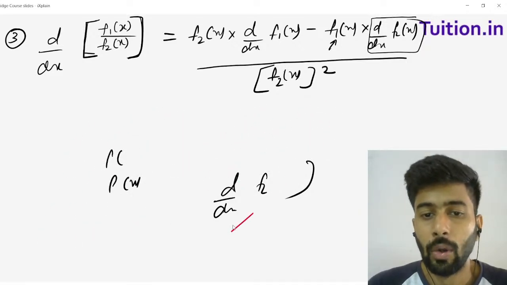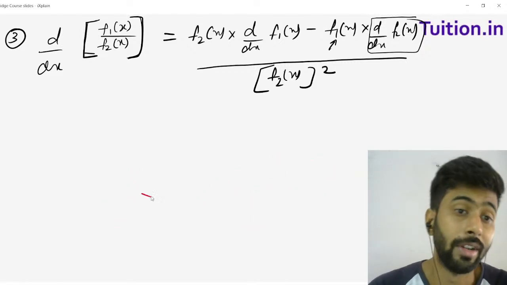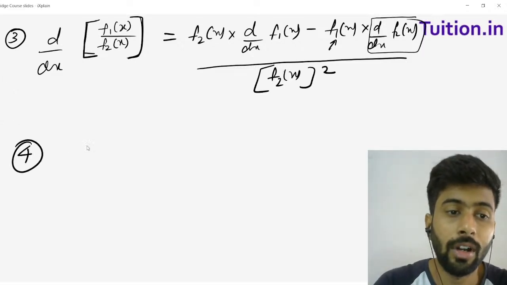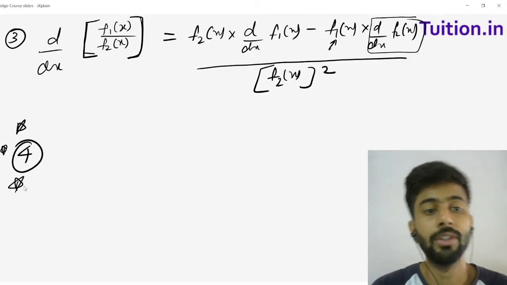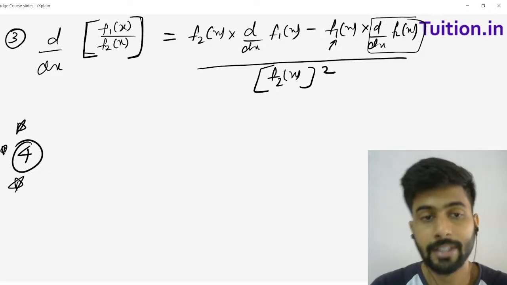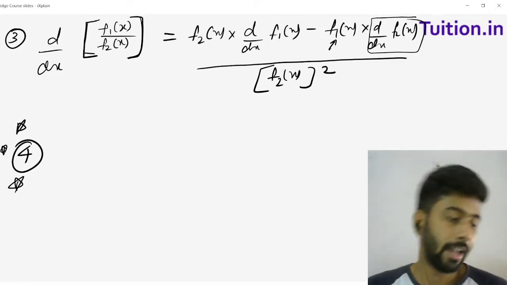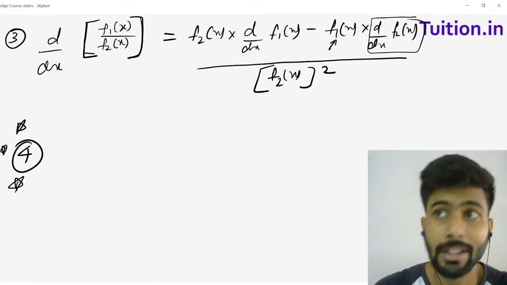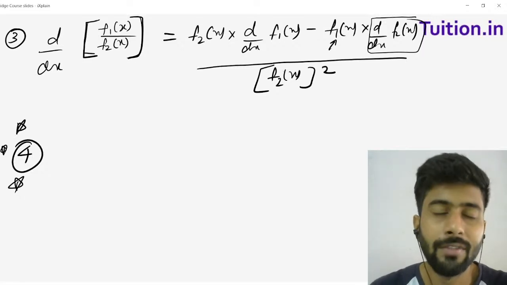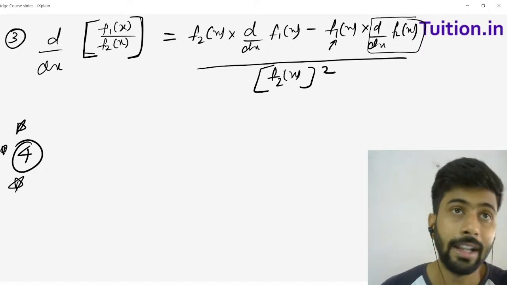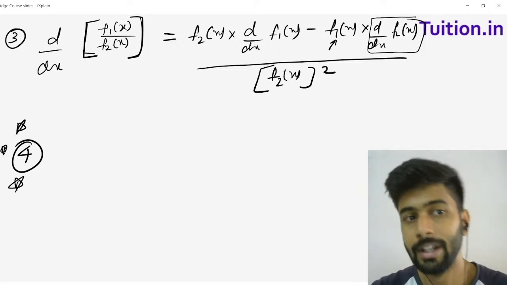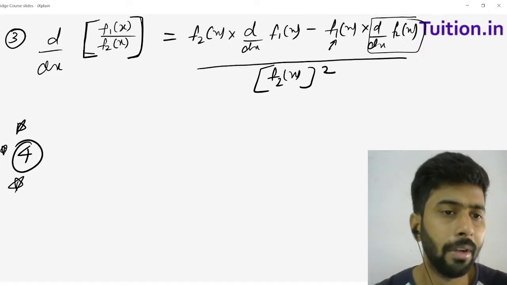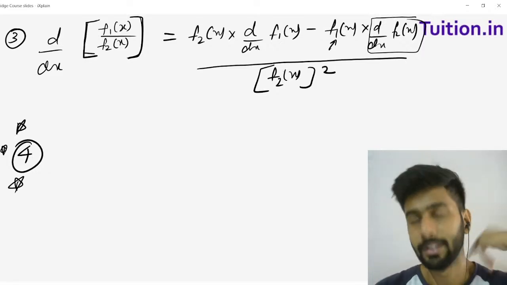Again, very important law, this third law. First law is very important, second law is very important, third law is equally very important, fourth law I would say is even more important, because you will use this law in even more number of cases. Right now I can't give you a number. Let's say you have 100 problems of differentiation in physics. I cannot say that 10 problems will have first law, 20 will have second, 20 will have third, and 50 will have fourth law. I can't give a number, but from my experience, from the number of problems that I have solved over all these years,